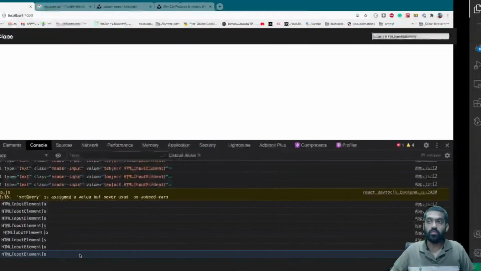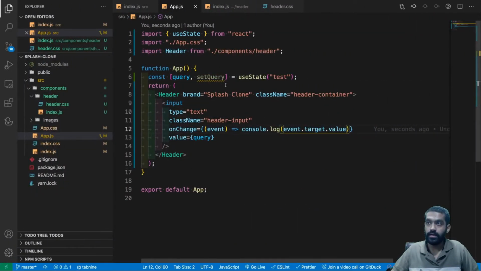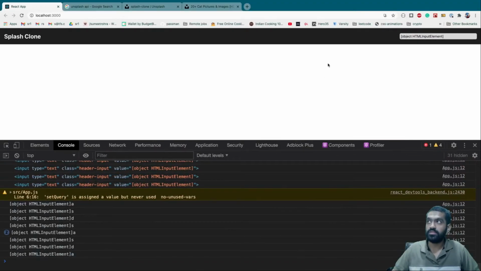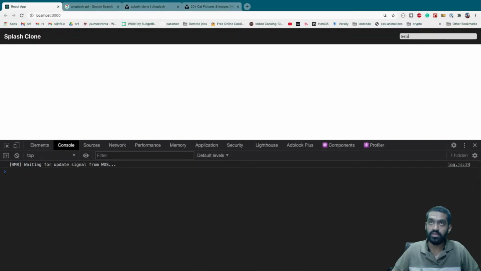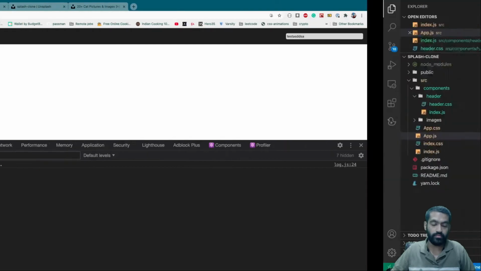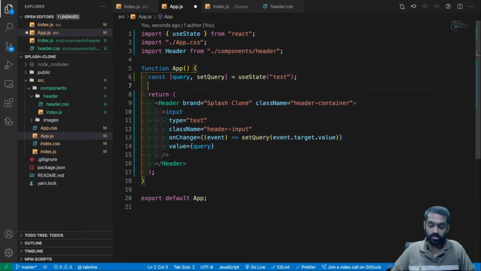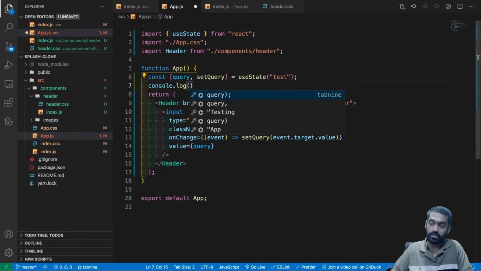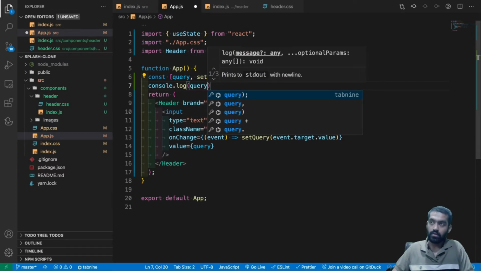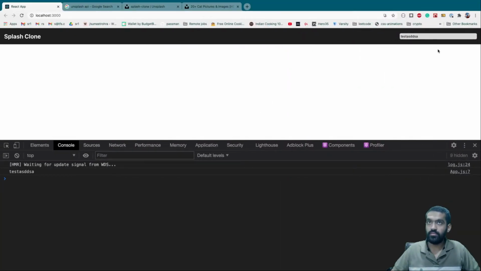So what if I take setQuery and paste it here? Let me refresh this once. Yeah, test A, B, blah blah blah. It works. Now let's do a console log of query and see what we have.